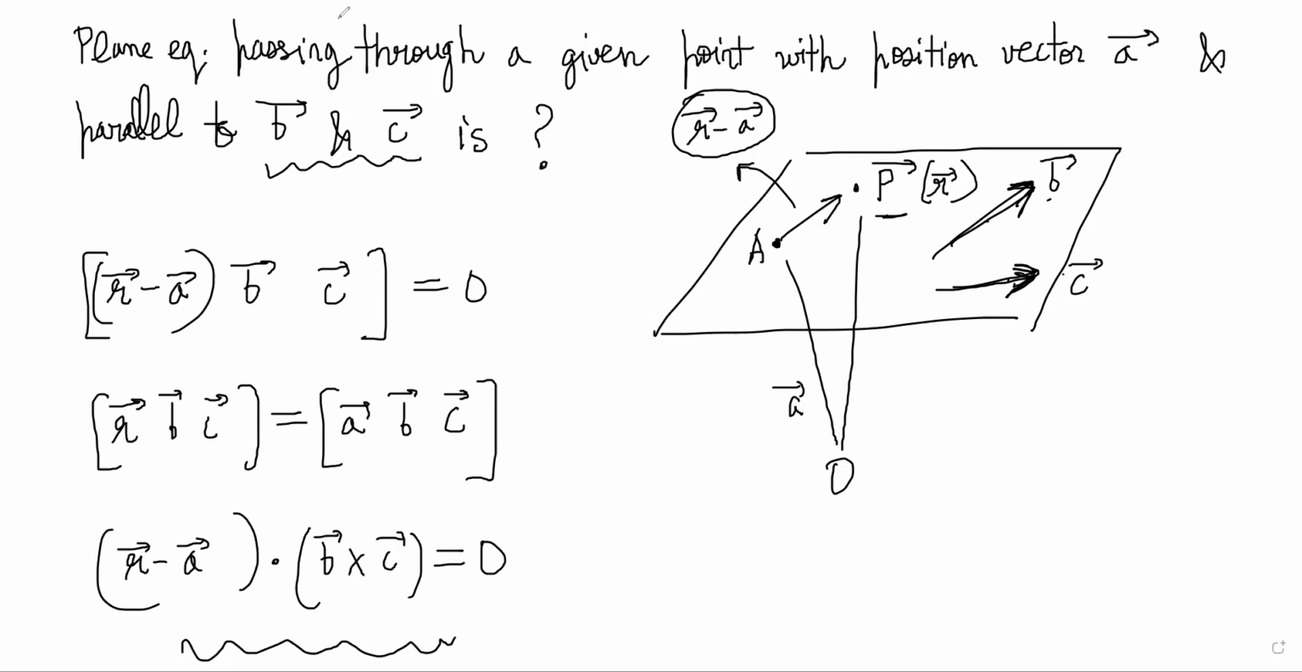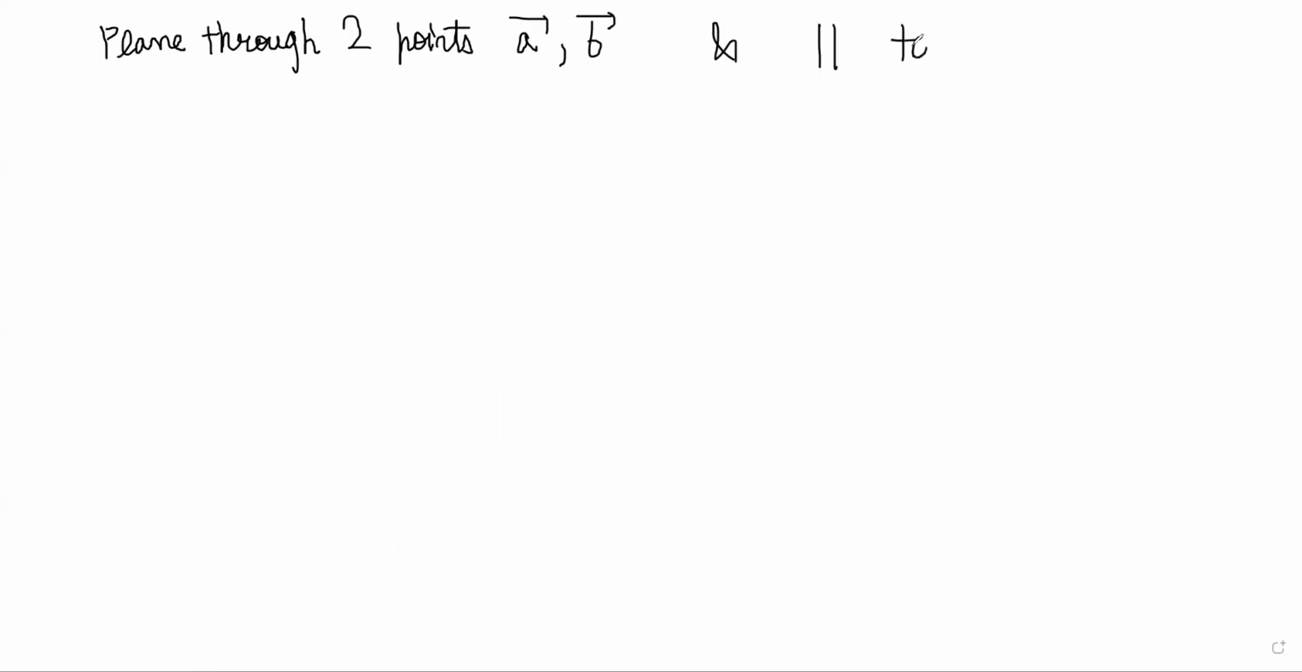So we have first seen the plane equation passing through 3 points. Then we saw the plane equation passing through 1 point and parallel to two vectors. We can also do the last remaining case, a plane through 2 points, A and B, and parallel to C vector. Again, the method is the same. Take a third point R vector in the plane,